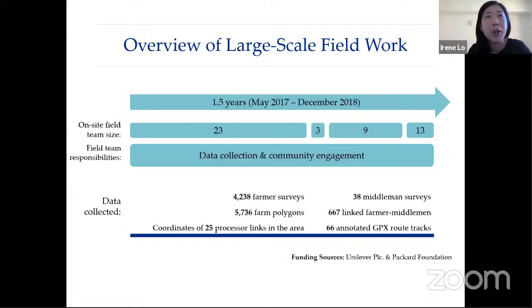So my collaborator, Joanne Desaker, engaged in large-scale fieldwork for 1.5 years before even posing any of these research problems. So what she did was data collection and community engagement. 4,000 farmer surveys, middleman surveys, also surveying the farm locations, and also coming up with the links between the farmers and the middlemen and looking at GPS routes. And so based on this 1.5 years of just being in the community, asking them questions about their connections, asking their questions about their needs,